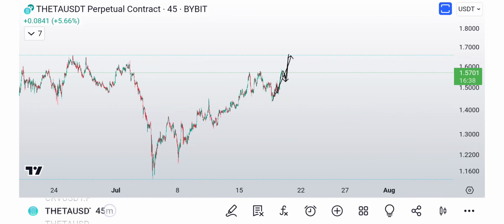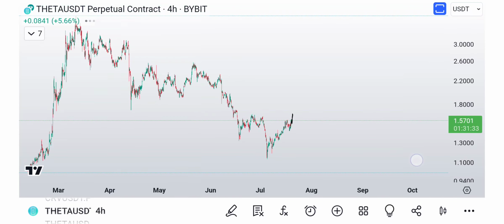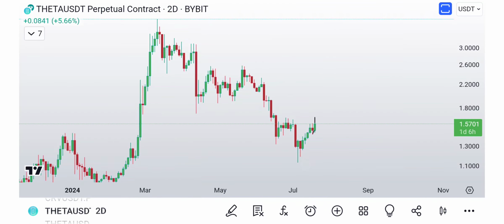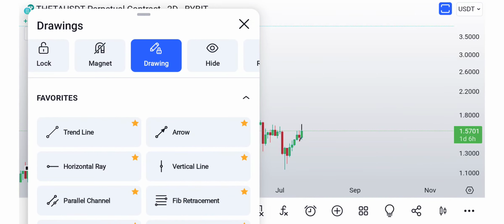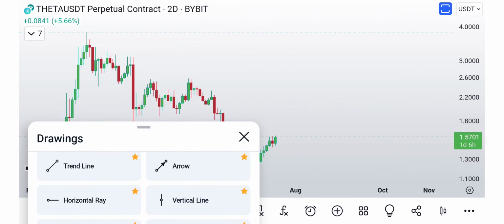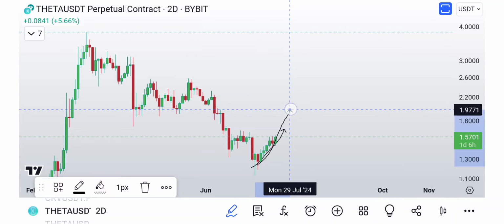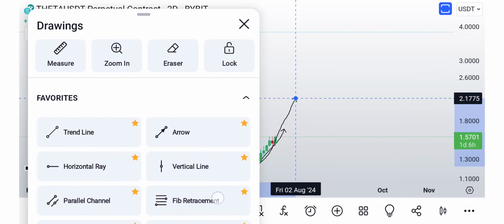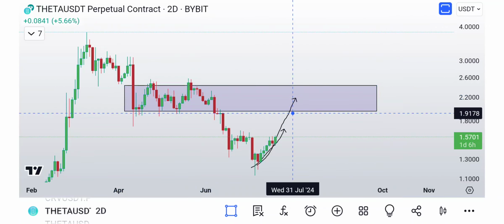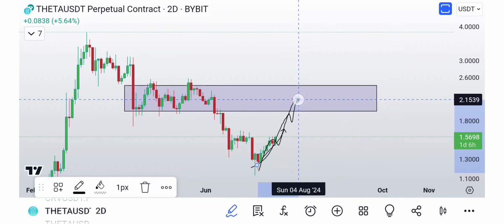But at the same time, I'm sitting here thinking, well, if this is going to be a wave one, just like Bitcoin, we want this wave one to get us as high as possible. So we want this wave one to be pretty big here. I would really like to see it get up here, at least somewhere in this zone, preferably. If we can get that wave one here, so like 1, 2, 3, 4, 5,